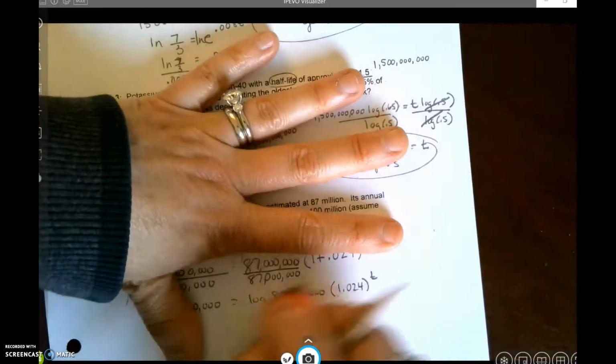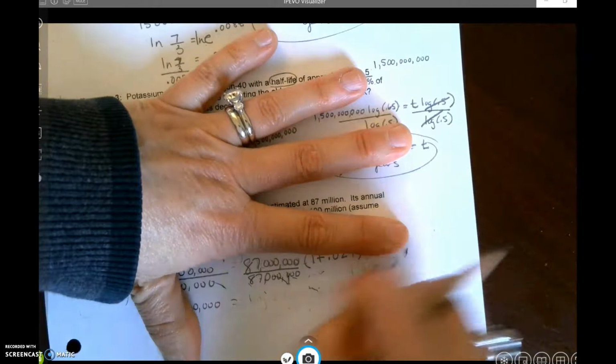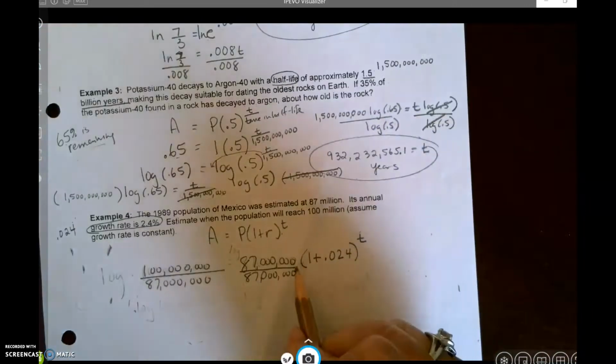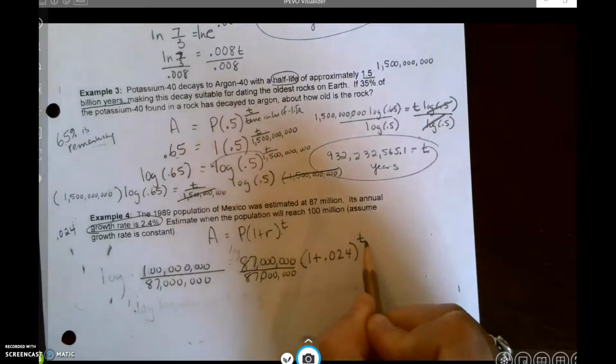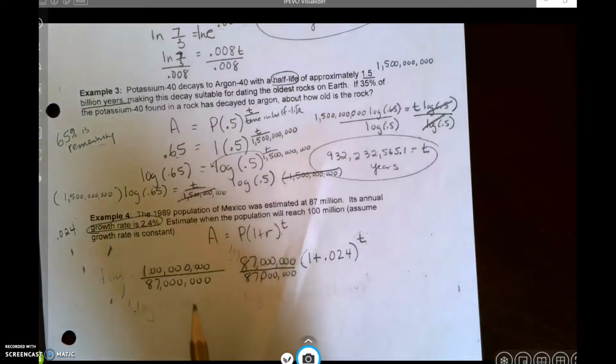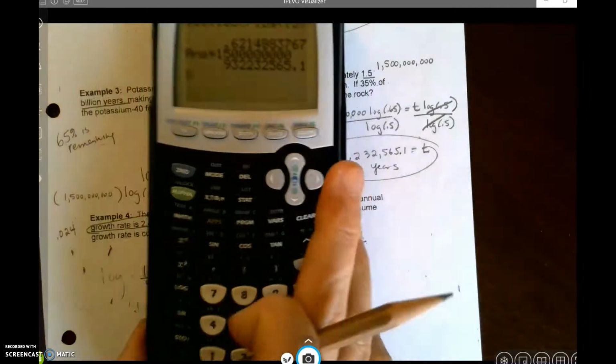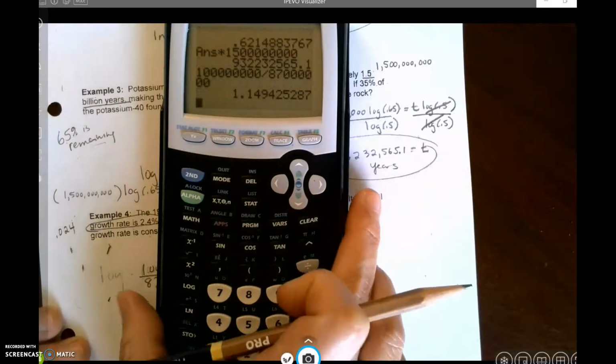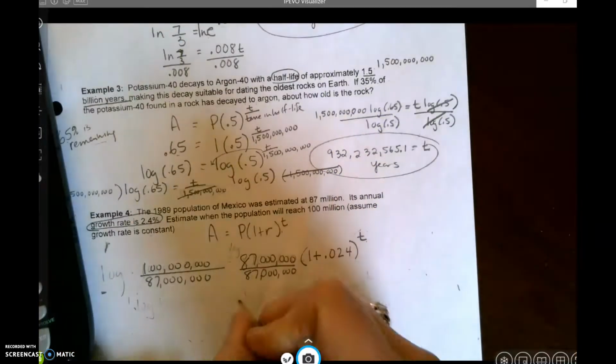Sorry, my brain had a little hiccup there for a second. Again, I just want to emphasize this 87 million is not being raised to the exponent, so I can divide. And let's see what I get when I take 100 million divided by 87 million. All right, I get